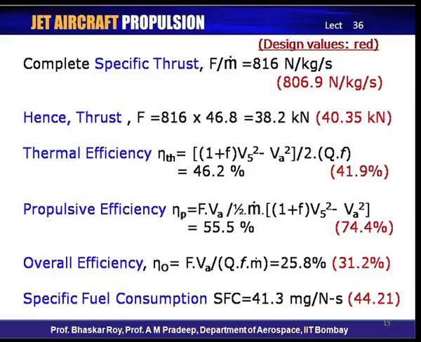Correspondingly, the fuel consumption that we get is calculated using the fuel air ratio that we have got. The SFC is nothing but the fuel air ratio divided by specific thrust, and if you do that, you get a value of 41.3 milligrams per Newton second. This can also be of course expressed in terms of kilograms per Newton hour, and contrast that to the design